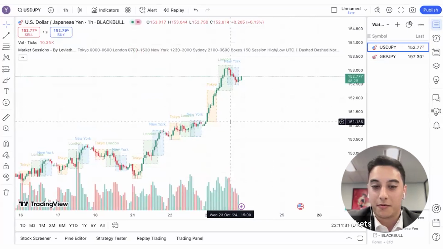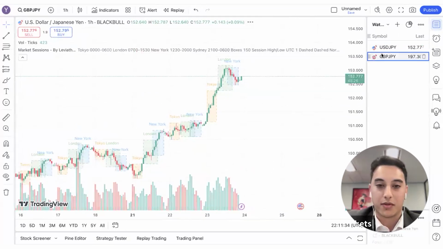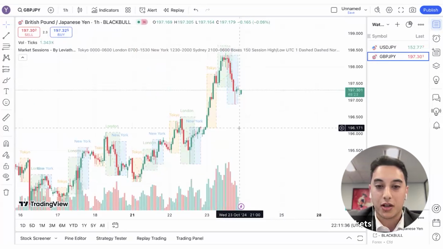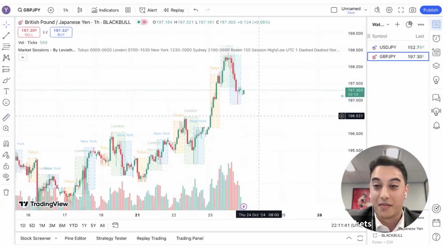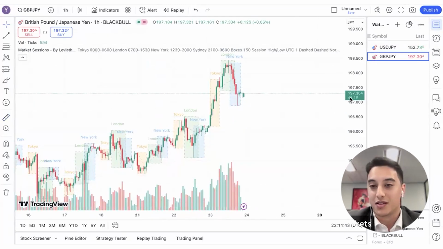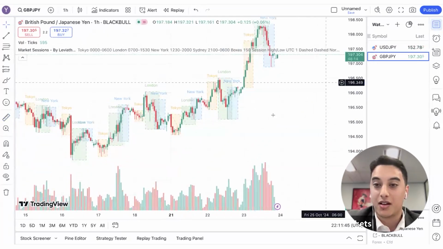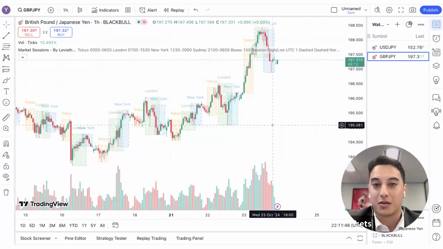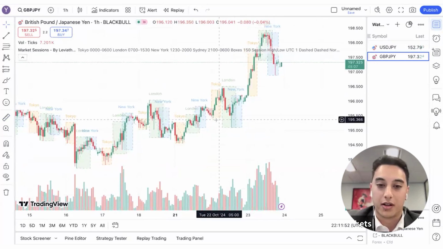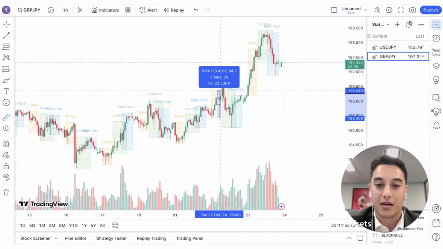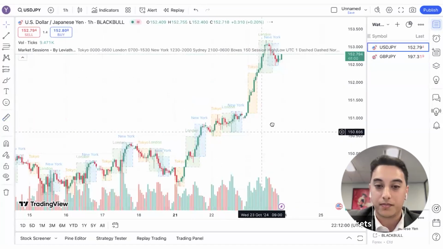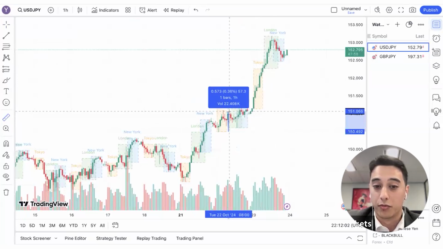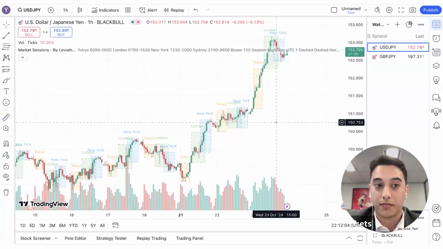But anyway, so we said 50 pips yesterday, right? In terms of the British pound yesterday, generally it would be a bit more. So 160. So you can see how the movement is so much higher on the British pound because it is a less liquid asset, right? It's not an exotic asset, but it's more exotic than the dollar yen. If you compare as well, two days ago on the Asian session, 100 pips on the dollar yen, you have a much smaller movement. You can see it visually as well.